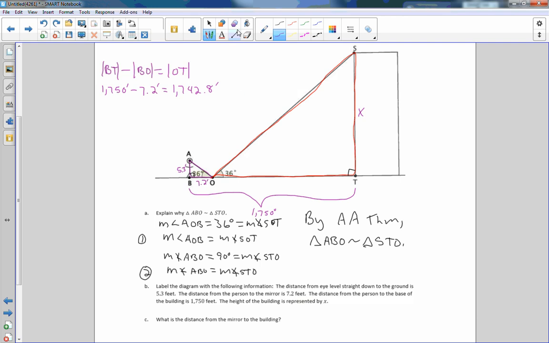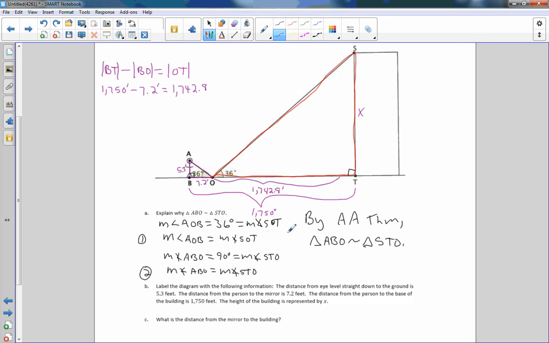That is not correct. How about 12.8? Okay, that's correct. All right. Okay, so it's 1,742.8 feet. 50 minus 7 is 43, and then 2/10 less would be 42.8. Okay, 1742.8. All right, so this piece, OT, is